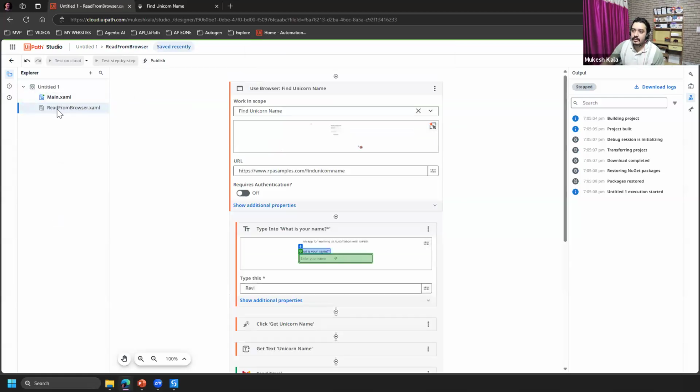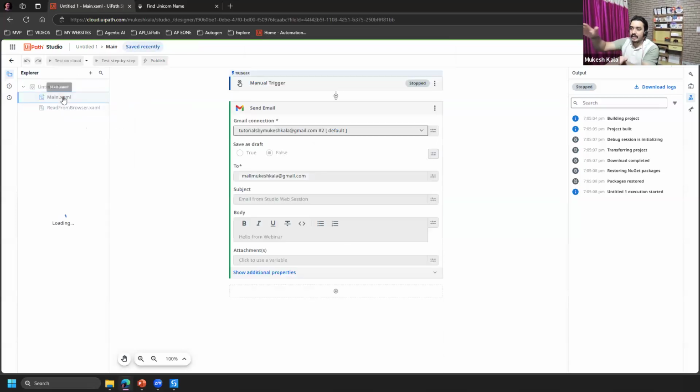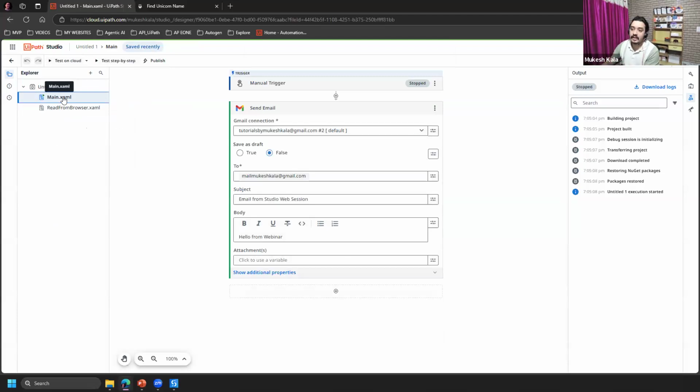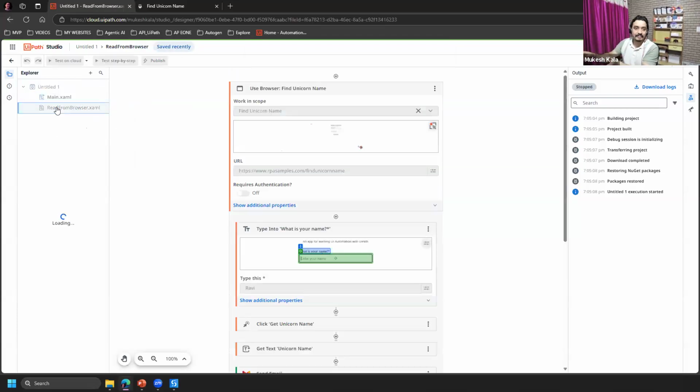So right click. You can put this file into your main file. You see here, there is a small arrow. This is a project. In that project, you can have multiple files. This is the main file, which has all the code. So whenever I am running the automation, it is always running the main file. And this one is a separate file.